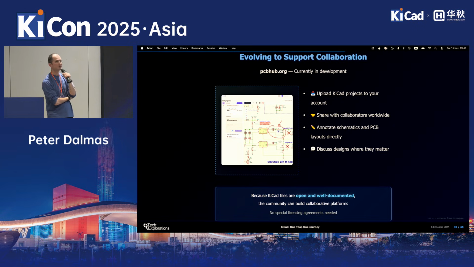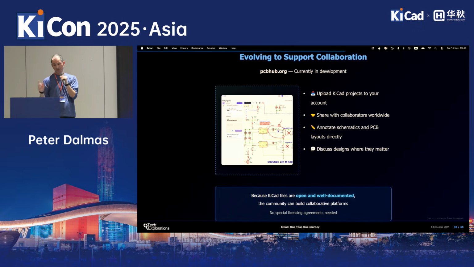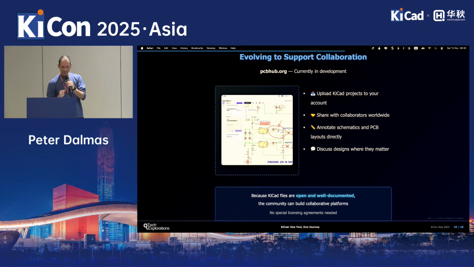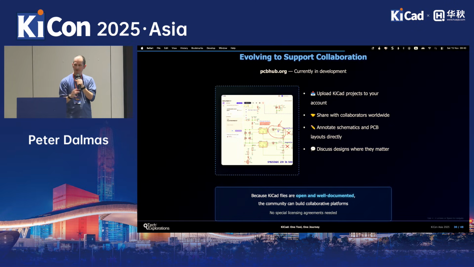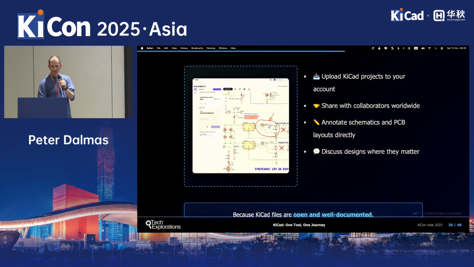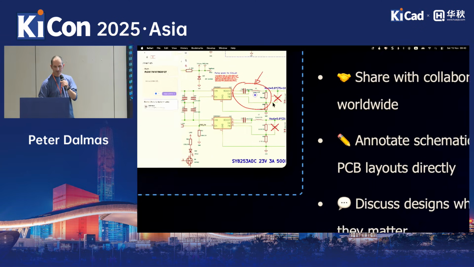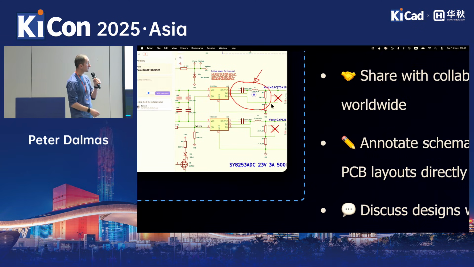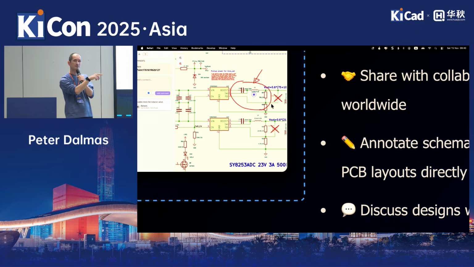And his ambition is to create a tool that can allow teams to collaborate. Remember, collaboration was one of the questions we were discussing yesterday here during the panel. So you can use PCB Hub to discuss a project. So there's an annotation tool. You can see here I was just annotating a part of my circuit. You can put some text to explain what the question is, or what is it that you want to focus the discussion on in particular for that part of the circuit.